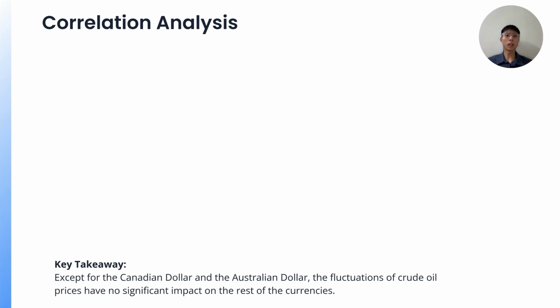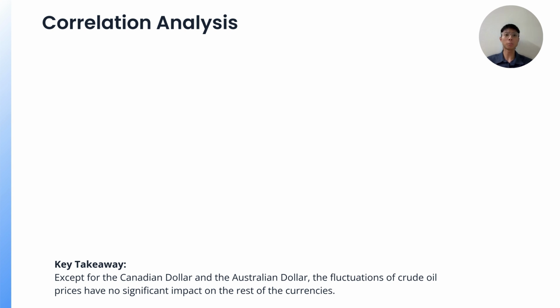Moving on to the correlation analysis, we examine the Pearson correlation between weekly crude oil returns and our selected exchange rates. Because rates are quoted in domestic currency per US dollar, a negative correlation indicates an inverse relationship, meaning an oil price surge leads to an appreciation of the domestic currency against the greenback. So as shown in the result, we reject the null hypothesis for only two currencies, which are the Canadian dollar and the Australian dollar.